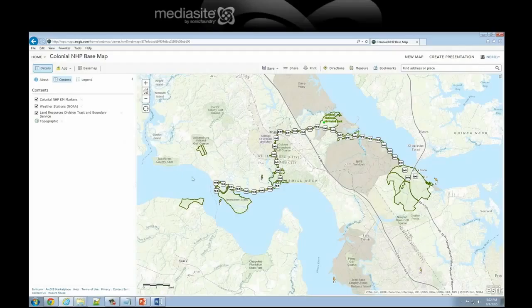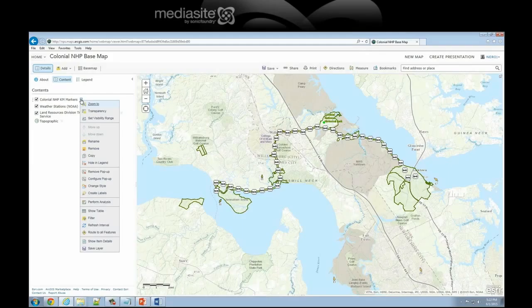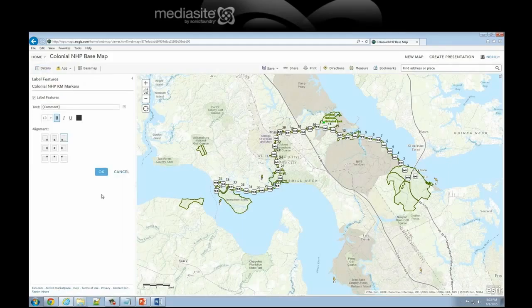Now I want to create labels. I know that all of these little kilometer markers actually have data associated with them. So going back to my little drop-down box, I'm going to say create labels. And here you can see that it automatically labels it. By default, it says label features. But these numbers here correspond with the actual kilometer marker, but I'm going to get rid of that. And I am going to choose